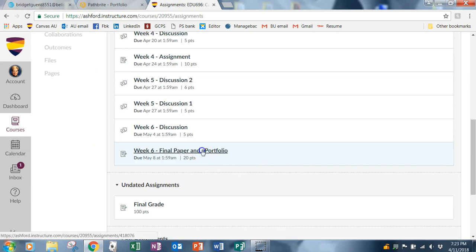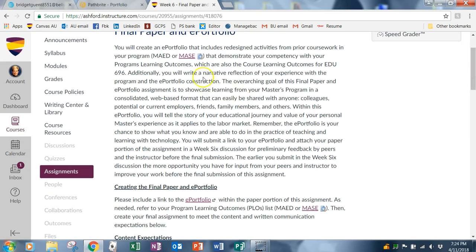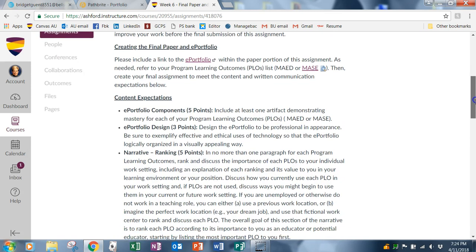So if you go to week 6, the final paper in ePortfolio, notice you should already know your program learning outcomes, which are here. And so once you have gone through and created and are gathering your portfolio items, the other thing is to have a narrative reflection. So what that looks like, if you come down here into your directions,